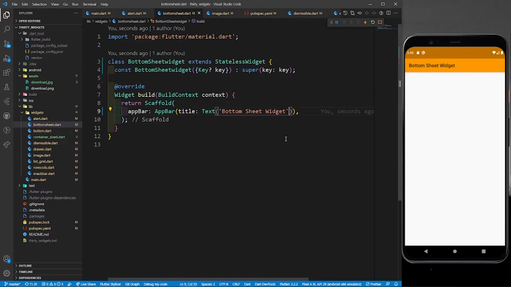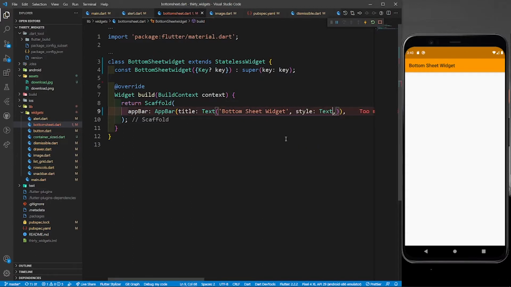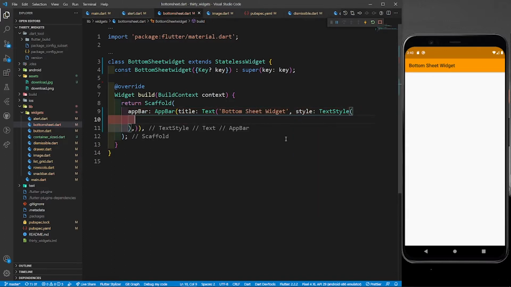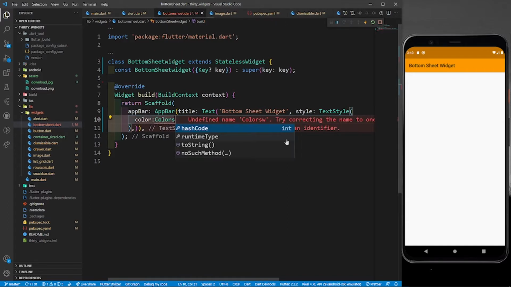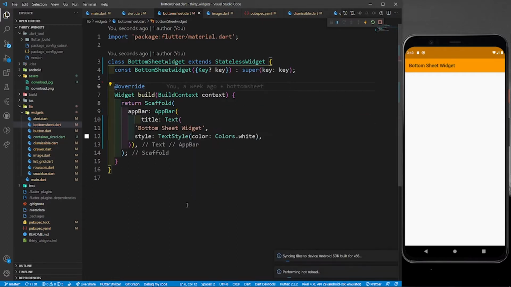Let's give this some style, a text style. You can provide it some boldness. You can increase its font size. I want to change its color to white, so let me just give it Colors.white, right?